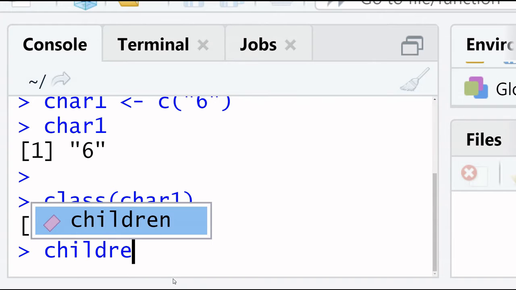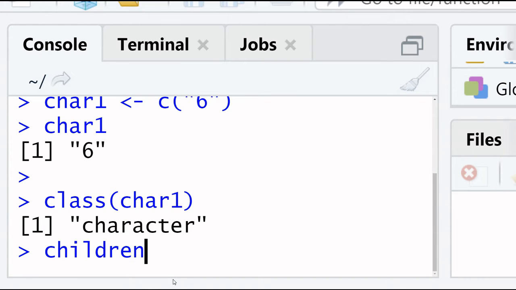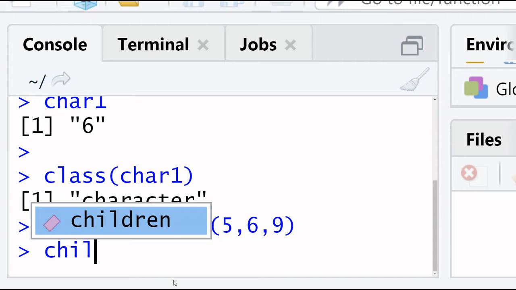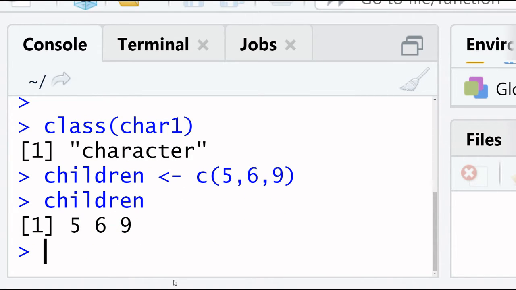I have a variable children, assignment, start vector, enter. To check the data, here is our data 5, 6 and 9. Now I check its class.